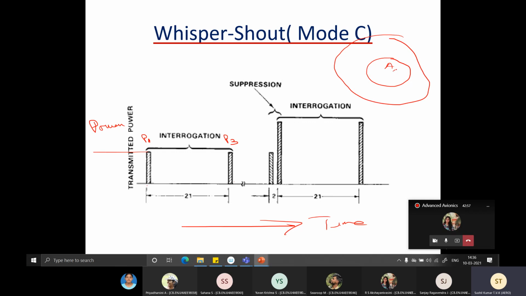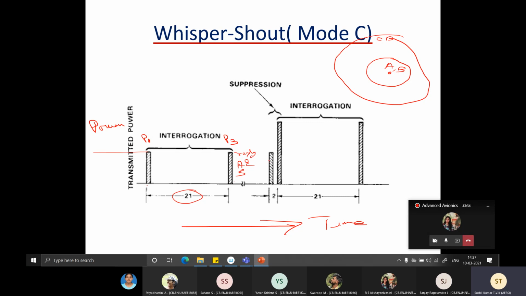Let's say A and B are very close to the radar, and then you have C and D. The first instant, it's 21 microseconds. So mode C, A and B will receive it with sufficient power, and A and B will reply. I'm not talking about A and B being very close to each other, but at least within some prescribed area. So you get the reply and then you acquire those aircraft.